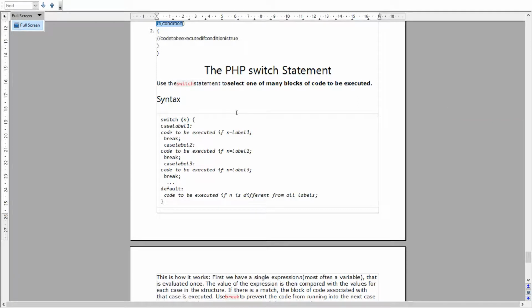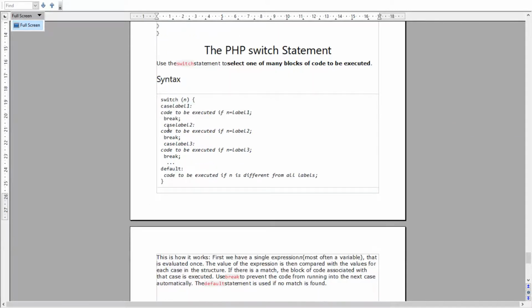multiple if statements. Okay. For example, if I want to enter a number and on the basis of that display the weekday. If I enter 1, the day should be displayed as Monday. If I enter 2, the day should be displayed as Tuesday. If I enter 3, it should be displayed as Wednesday. Similarly for more, we have to use the switch statement.